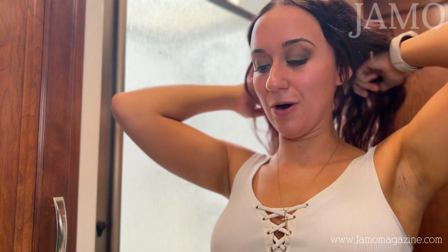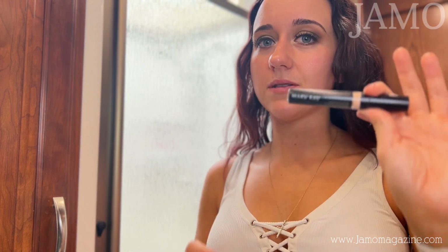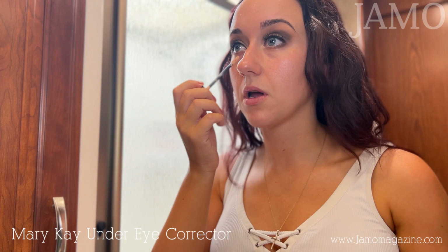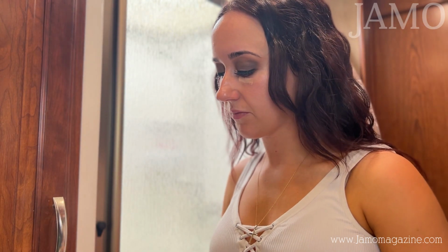I have very acne prone skin, so I do everything in my power to make sure that we do not break out. So then one of my favorite products that I have found thus far is this Mary Kay under eye corrector. Talk about a product that is doing the good Lord's work. I pop this on right after that, give myself a little war paint,